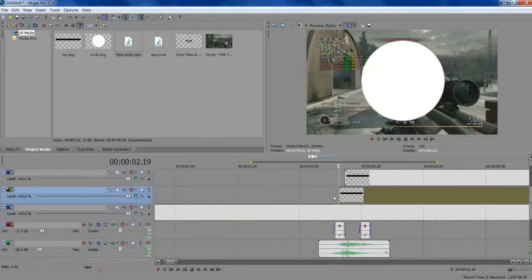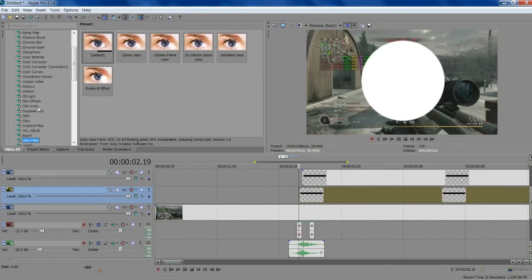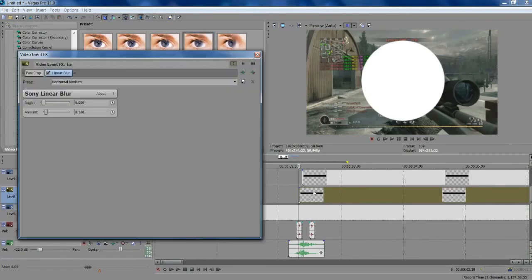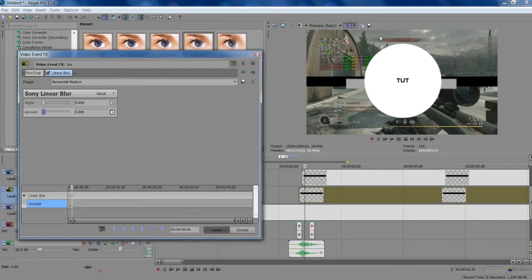Another quick thing you can do to make it look really sick is go into your video effects and search up linear blur, which is right there. Go to horizontal medium and you can drag it on to these, and you can go to the amount, change it down to about 40. Go ahead to when it goes to there, and make sure you've got your keyframe selected. When it's all the way out, change the amount down to 0,